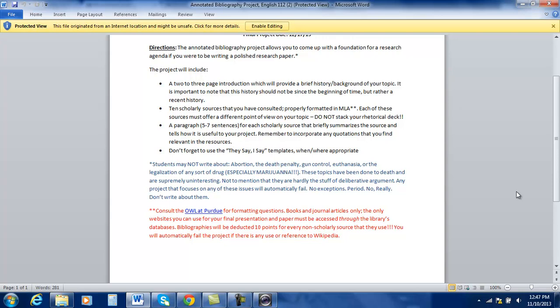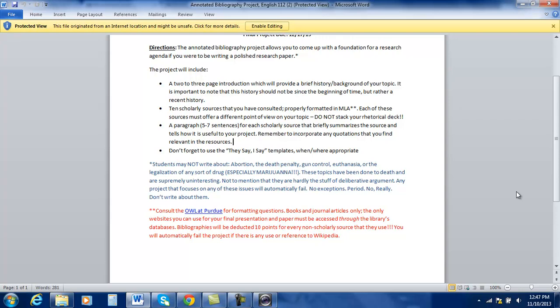Now, what constitutes scholarly books or journal articles? Again, anything that you find in the reference section of a library or the library's website are good for getting a handle on how your topic is being discussed. However, this is general information, and it does not have scholarly analysis or discussion. So again, encyclopedias, dictionaries, popular newspapers and magazines, such as the New York Times or the Wall Street Journal, or Time magazine. Those again are popular sources written in a general language so that the most people can understand them. You want works that are specific to the scholarly field your topic comes under.